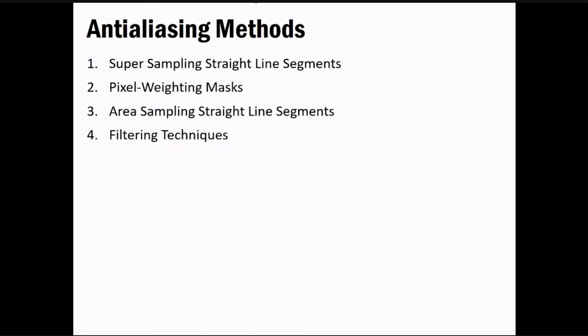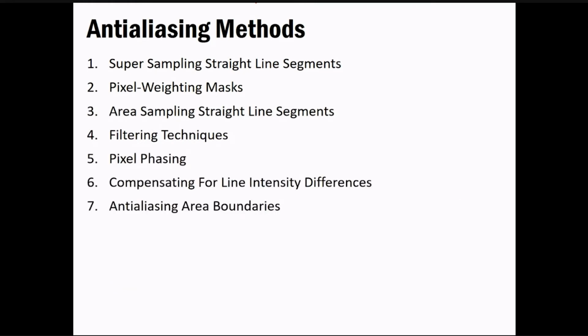Okay, so now we have a few methods that we are going to study today. The very first thing that we have is super sampling the straight line segments. See, we are dealing with the lines that we would be having in any scenario. Instead of the complex object, try to forget this for now. Instead, keep one thing in mind: we have one line that is very pixelated, and we're trying to blur that, or blur the edges out of it.